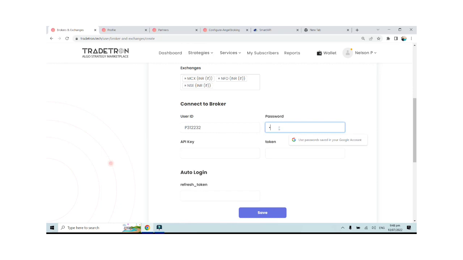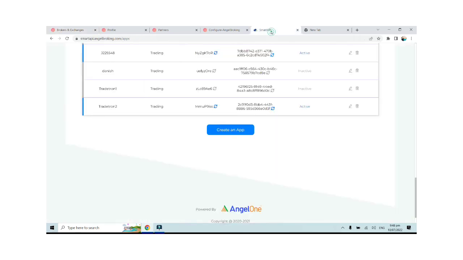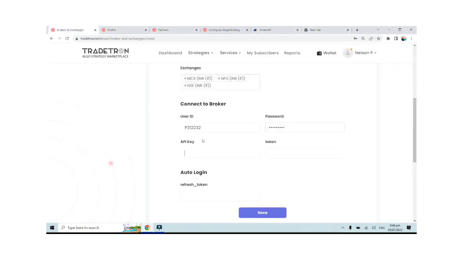And I will put in my password. And over here, as we see the API key, this is where we will put this particular API key that we just generated from Smart API portal. So I will just paste it over here in Smart API and make sure that there is no space or anything that is left. So once I remove the spaces from front and back,